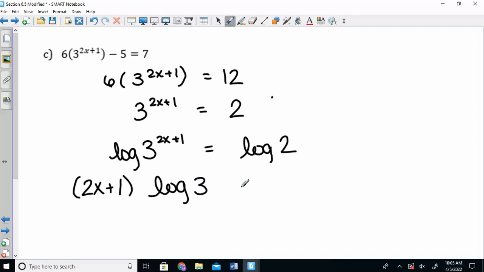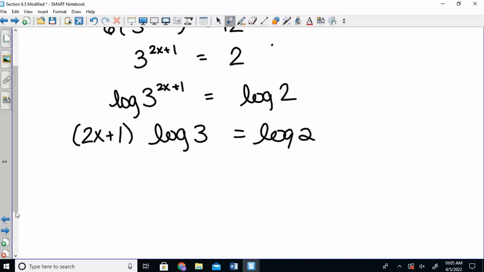And you have a couple different options for how to proceed from here. We only have one x, so we're trying to get x by itself. So we can distribute that log 3, or you can divide it over. It's not going to matter because eventually we're going to put it in the calculator and get the decimal equivalent anyway. So both ways will get us there. So if I divided that,